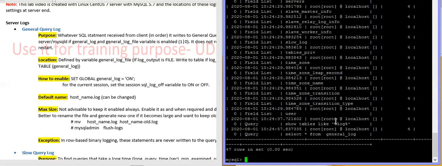Yeah, you can see here. This is the last command we have tried, select star from general_log. This was our previous one.